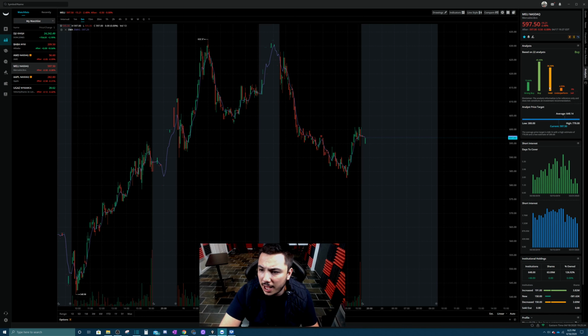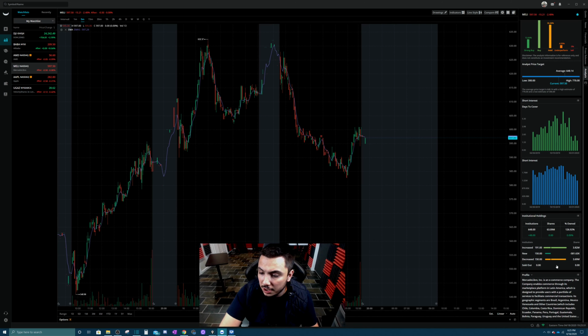And it also gives you an analysis of, okay, how many analysts are bullish, how many analysts are bearish, the average price target for this stock, the short interest days to cover, the short interest for the months. So each candle is at least a month of the short interest. You know, institutional holdings, have they increased, new, decrease, sold out. So it gives you all that type of information that you may need to trade a stock more